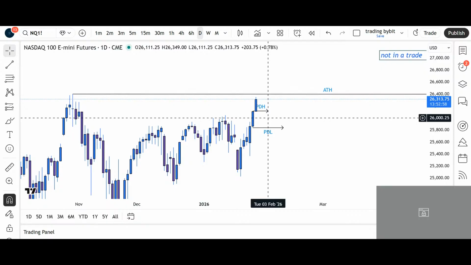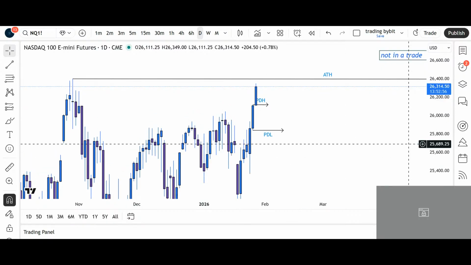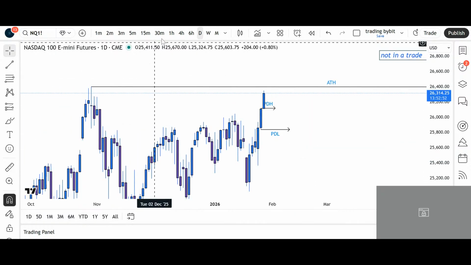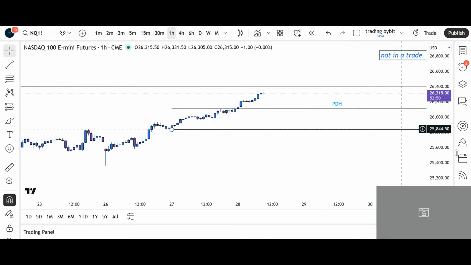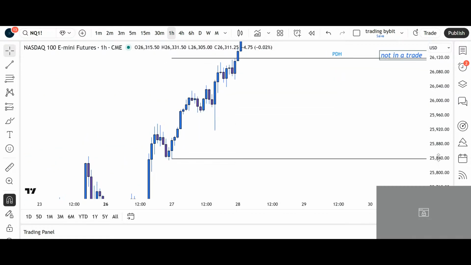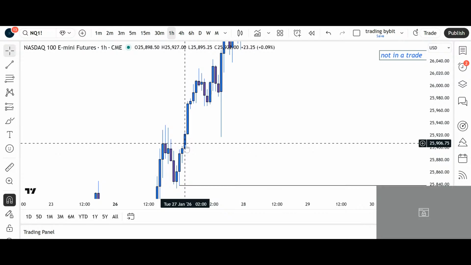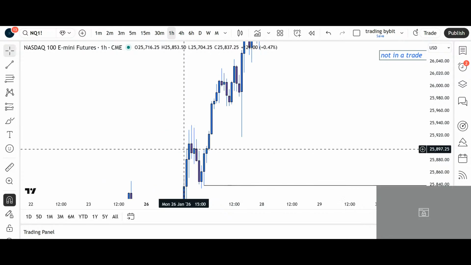I do hope that somebody got this move yesterday. It came very close to the entry I said, but I'm going to explain also why it didn't come to my entry, what actually happened. So I wanted to see it come, I believe it was here somewhere. I wanted to see it get entered.